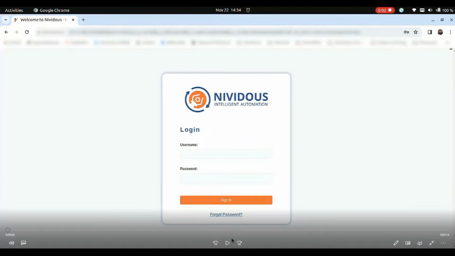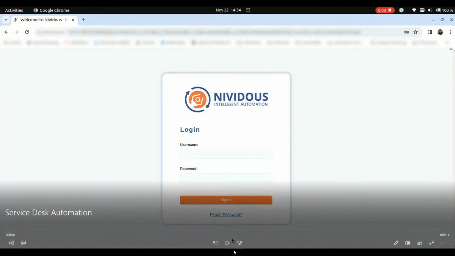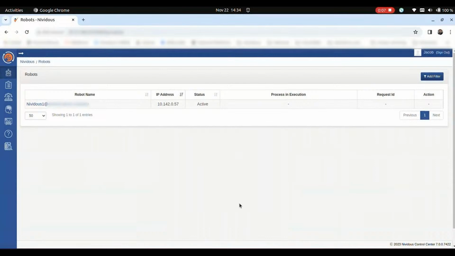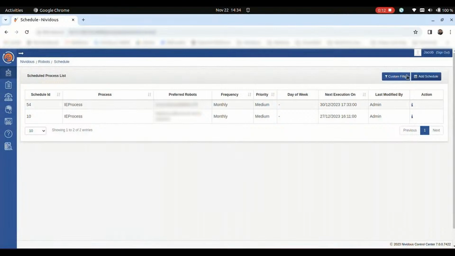Yes, thank you, Alan. Let me just share my screen here and show you a demo of a bot. In this particular instance, this bot is using a lot of the concepts that Alan described in terms of generative AI, but it also combines the robotic process automation, other artificial intelligence technologies, as well as process orchestration. So in this case, we have automated a service desk, and we're going to have an admin logging into our control center at this point, and the admin is going to schedule an automated process to run.